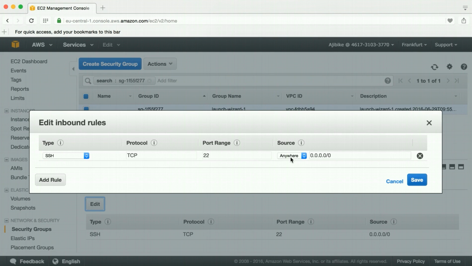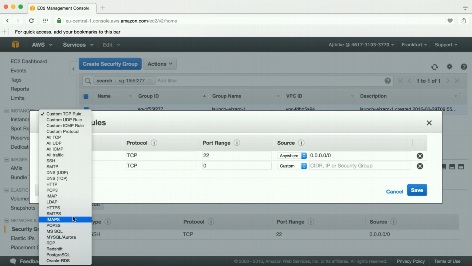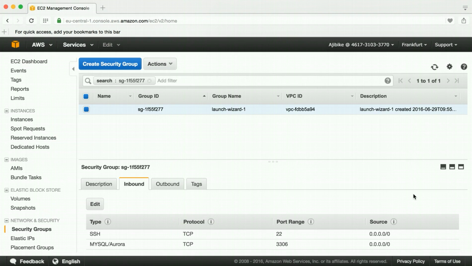Alright, so we'll check here. So these are SSH, anywhere. The anywhere address is 0.0.0.0/0, which means anybody in the world can connect to it. But of course, you can change it to your IP if you want it to be restricted to only your IP address, and you can add other rules here. So another rule here is for MySQL. Yes, and you can choose anywhere for anybody to be able to access it, or